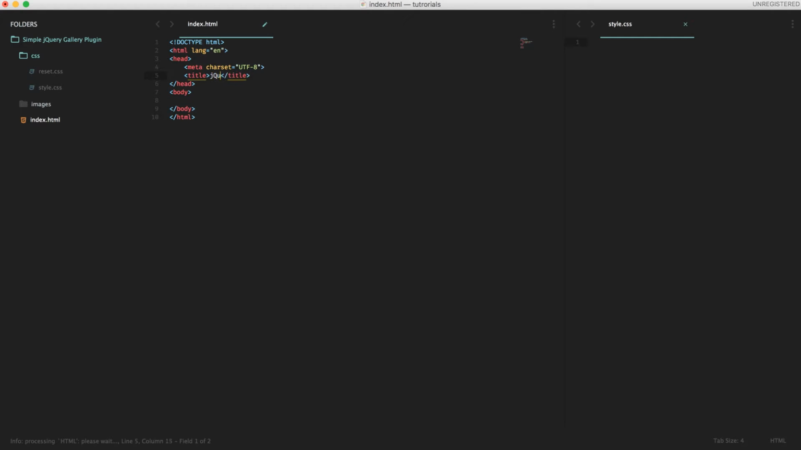It's a jQuery reusable, I'm sorry for that, plugin. It's a gallery plugin. That's how we call it here. Gallery plugin. Okay, and let's link our reset.css in CSS, reset.css, and let's link our style.css,